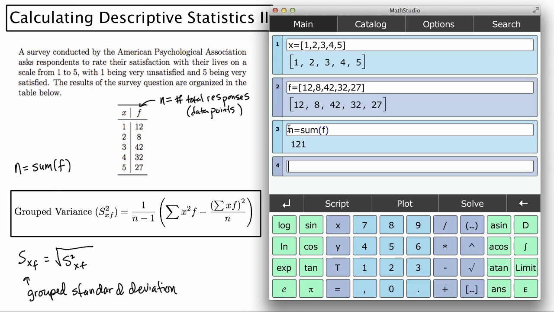And now if I want the grouped variance, that is 1 divided by n minus 1 times the sum, and the times button here is the asterisk, times the sum, and I probably should capitalize Sum. I think it allows you to do it either way. I had it lowercase here, but I'm going to capitalize it because that's the way it's written in the catalog. But Sum of x squared times f